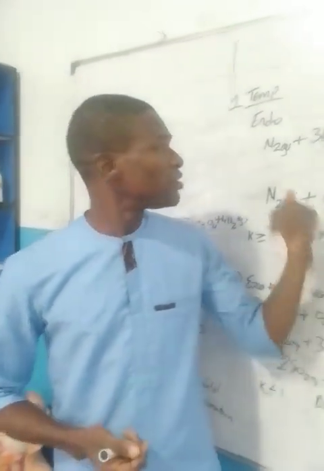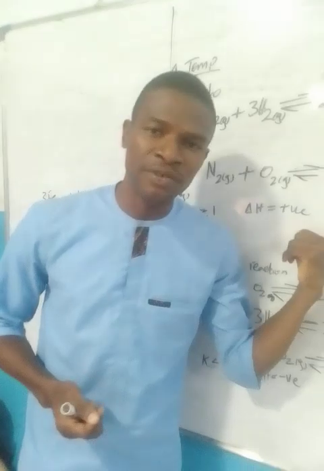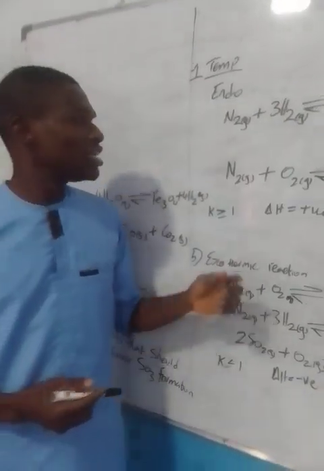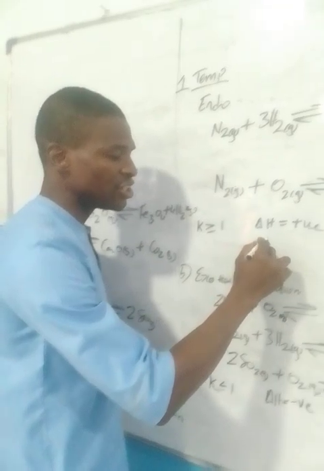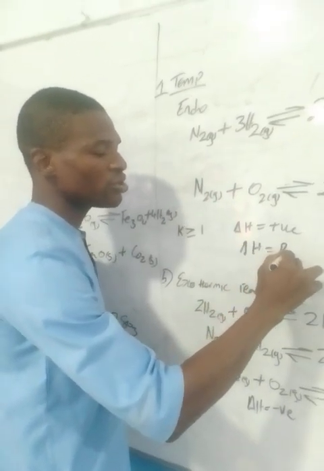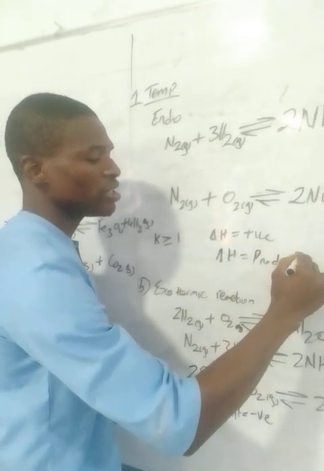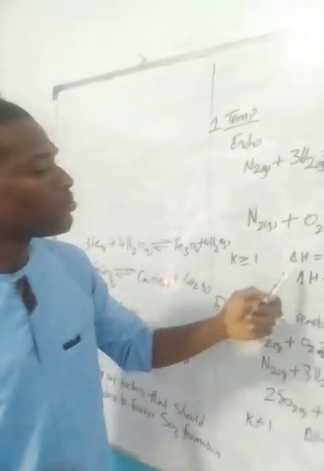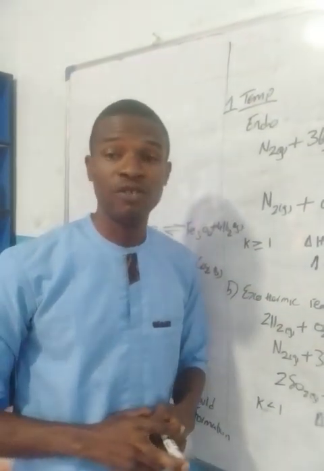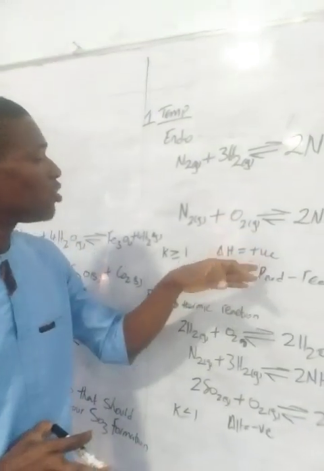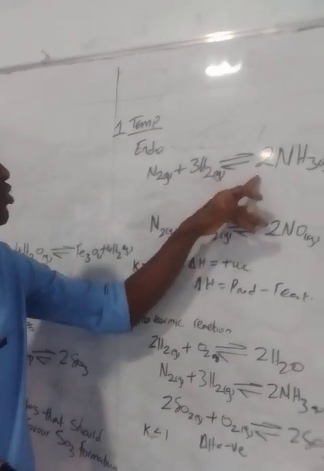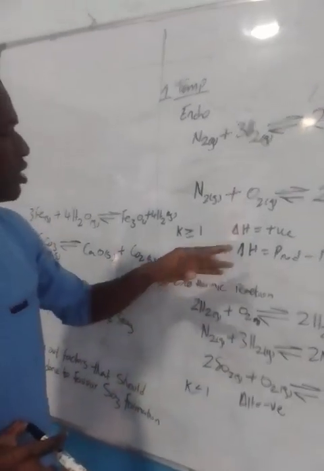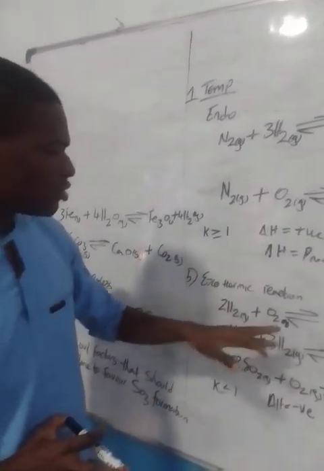Cold. So for an endothermic reaction, delta H is going to be positive. So if delta H is going to be positive, how do you know an endothermic reaction? We are going to say delta H is equal to products minus reactants. What are the products? Sometimes you calculate the number of moles of the product, which is the product here. So we say the product is what? In this case, this is a product we are trying to